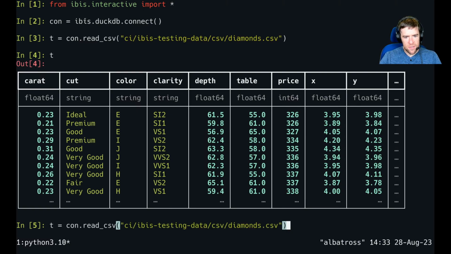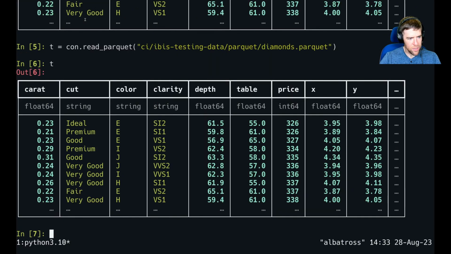And we can do the same with the mirror data sets we have in Parquet format. We can say read Parquet. I can spell, and we get the same data. It's possible it's in a slightly different order. It depends on how DuckDB reads in the row groups of the file versus how the CSV is read into DuckDB. So that's pretty nice. And then finally, we can also read in line delimited JSON, which is a relatively